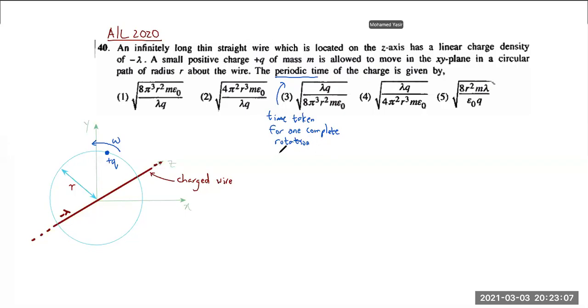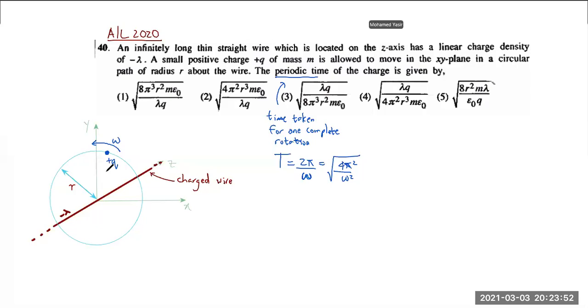That means you can give it in terms of this equation, that is T equals 2 pi divided by omega. That is the equation, so your target must be finding omega. In all the answers, you can see pi is there. You can also write it like this: square root of 4 pi squared over omega squared. That's why you have pi squared in the answers. So probably one of these will be the answer. We don't know what omega squared is, so now we have to find omega squared.